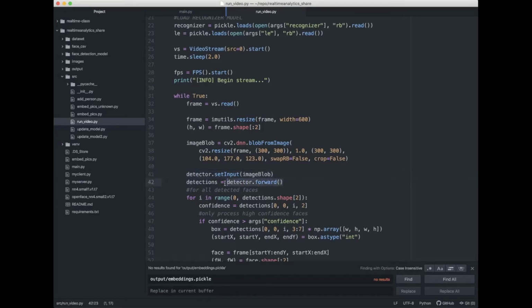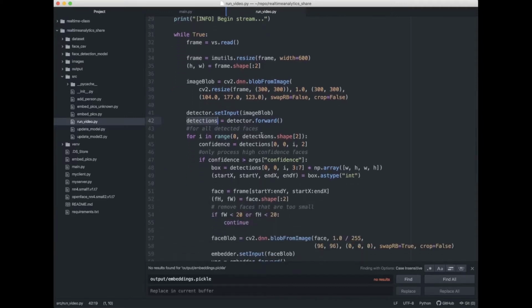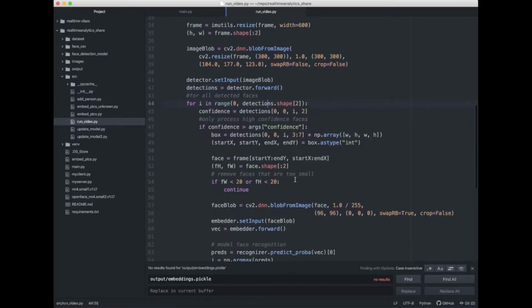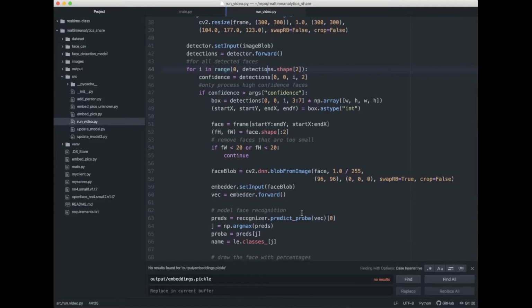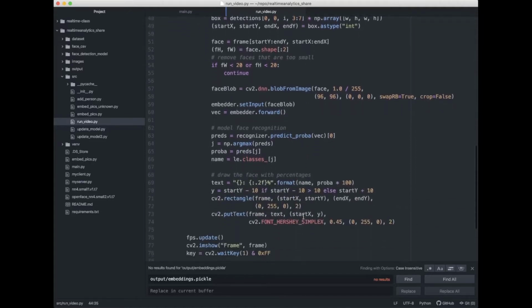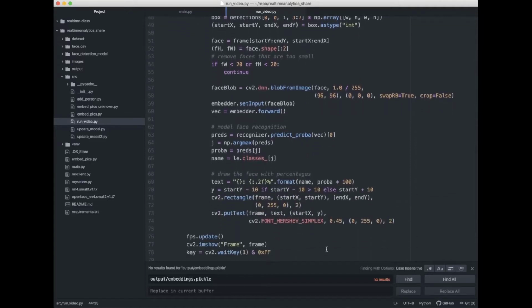So like here, I'm just showing that the detector is going to detect someone's face and pass that in. And for all the detected faces in each frame, we're going to draw a rectangle around that. And we do that as long as the confidence is relatively high. And here, I'm just going to demo the face detecting part. I haven't done anything to actually recognize the face yet, but I just want to demonstrate how